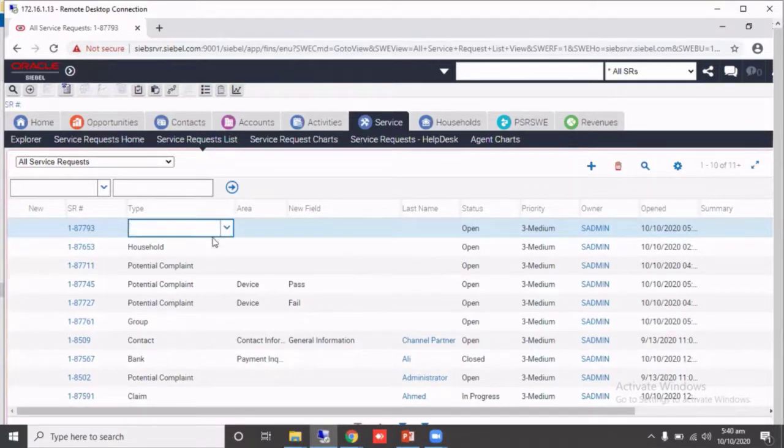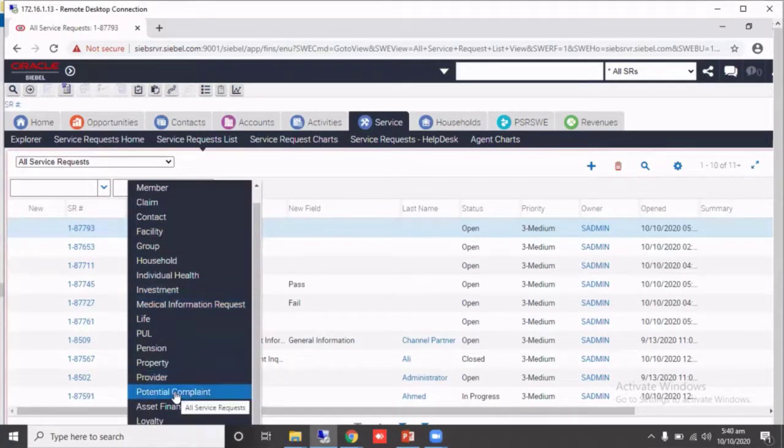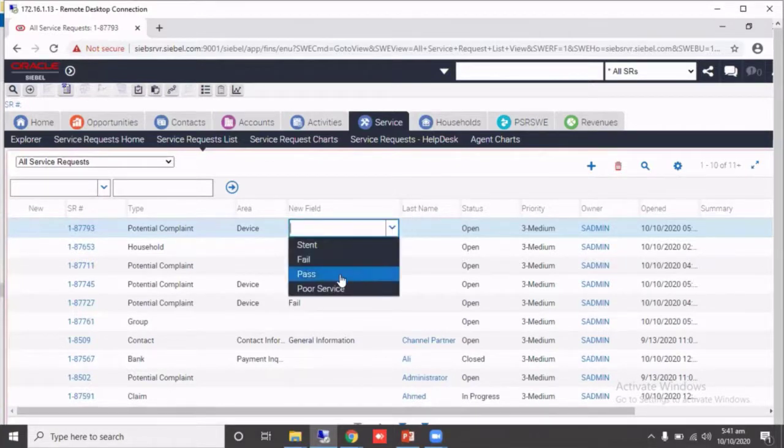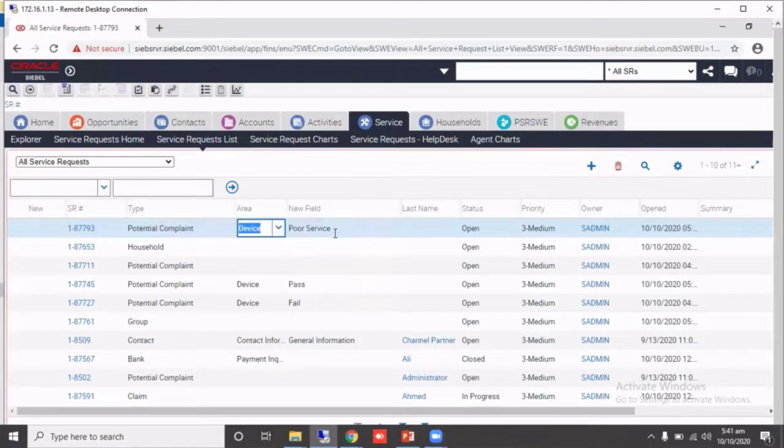the values of this field will appear. Let's select the potential complaint and area. Now you can see that the values are available now, and you can select anyone which you want. Select all services and save. If I change the type, now you